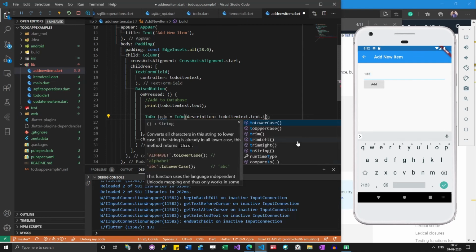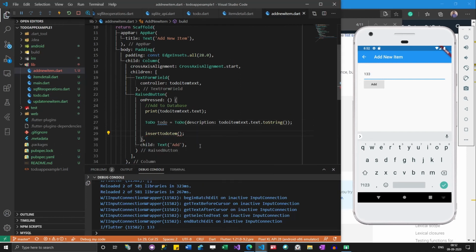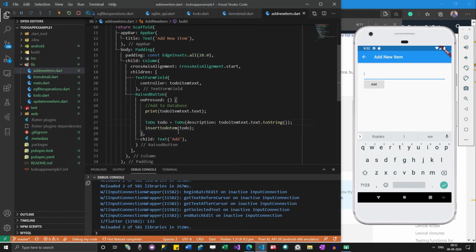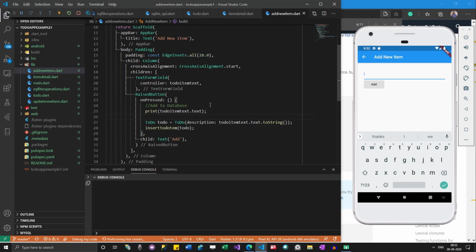I usually convert this to string as well, just in case. Then access these two operations, and then pass this todo over here. Now it should work. Let me refresh it.